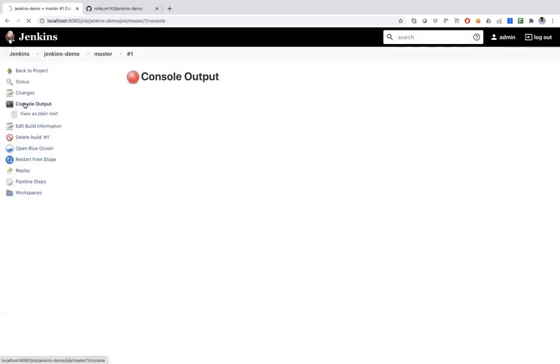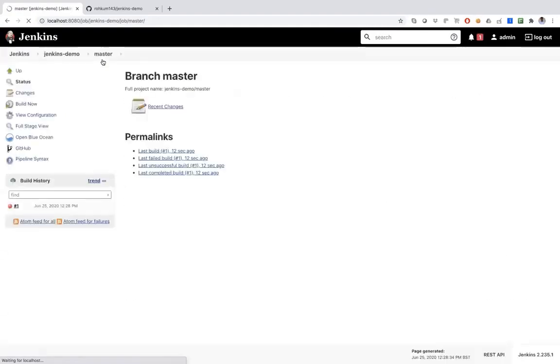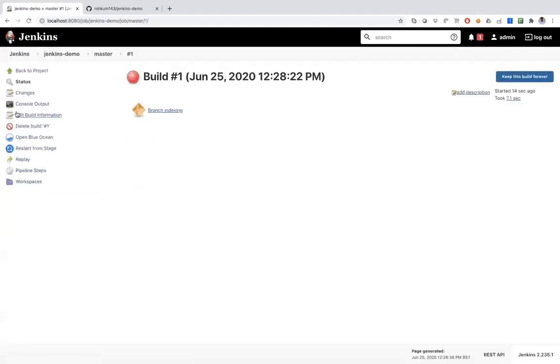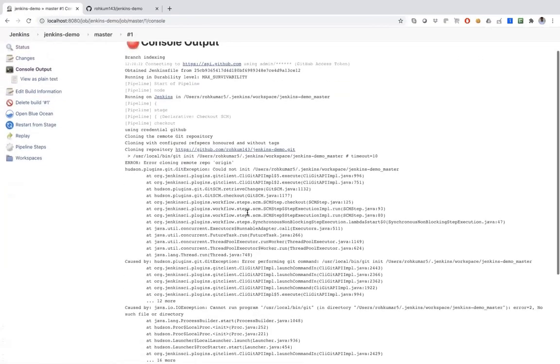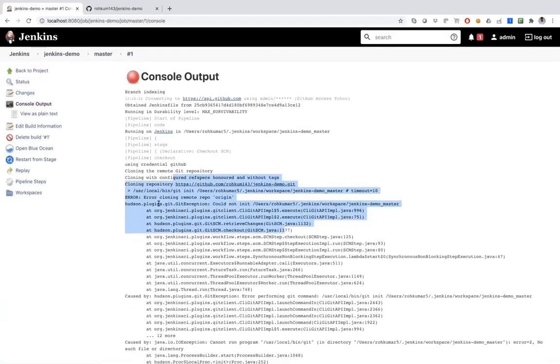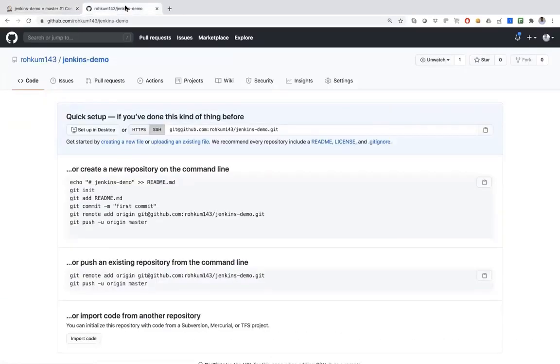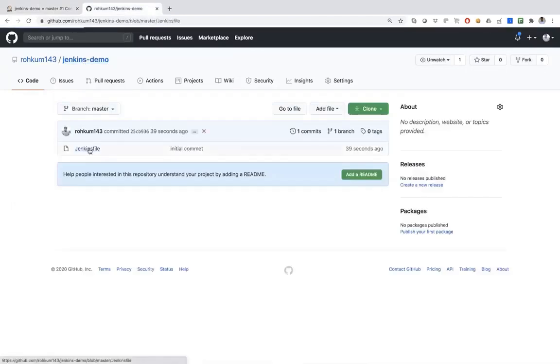It's showing me the job failed for some reason, maybe because I don't have some plugins installed. But if I go into this repository, you can see the Jenkinsfile.